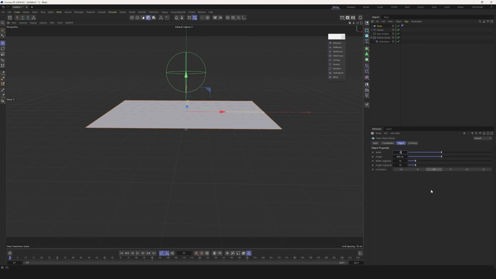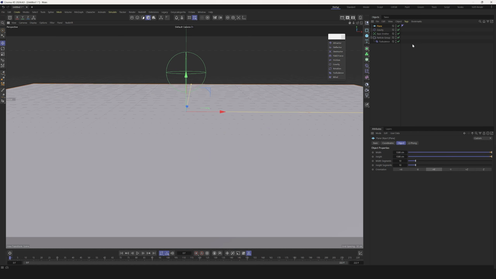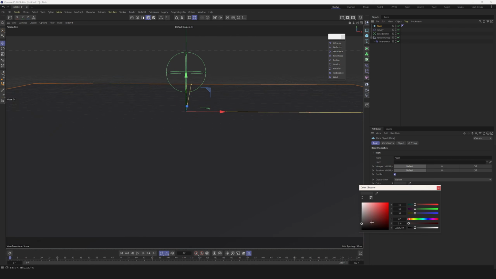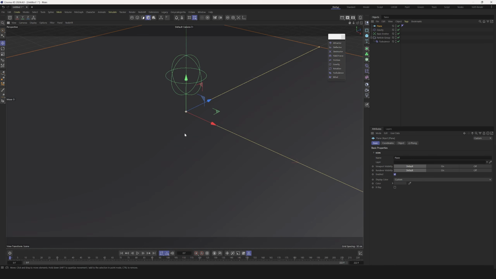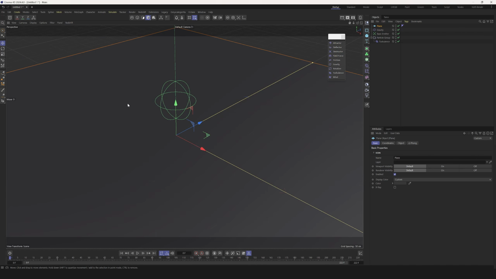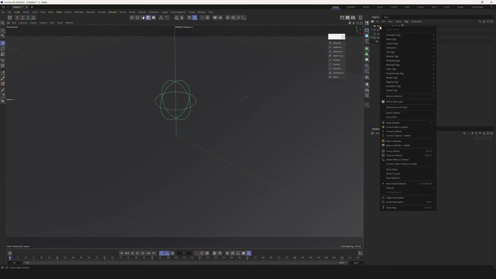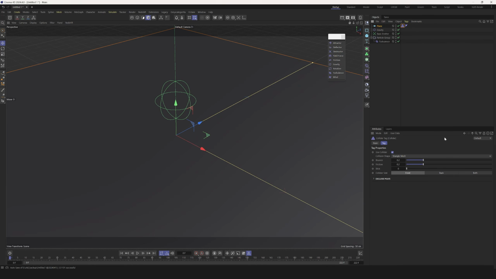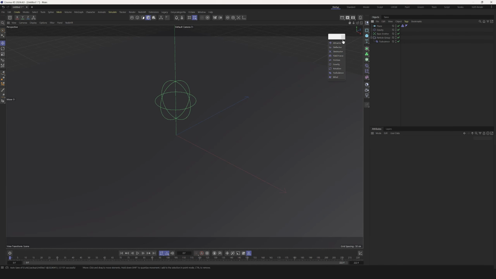Let's start from 1500 like this, just big. Go to the plane, go to the basic tab, and change the color to something like dark gray, just to better represent our particles. Let me rotate it and press play again. Yeah, our particles penetrate and move through the plane. In order to fix it, we have to select the plane, simulation, collider. But it won't work because in the particle system you have to create one more modifier. It's called simulation modifiers. Collider looks almost the same, with almost the same icon, but